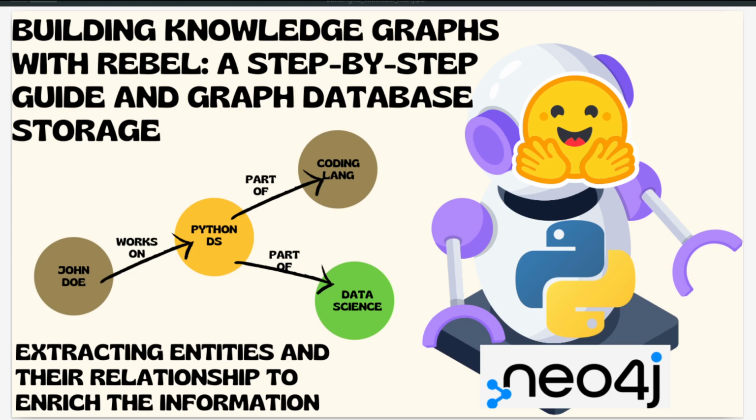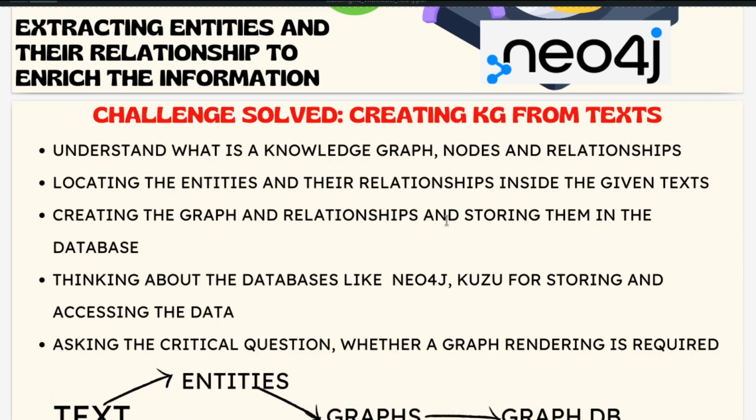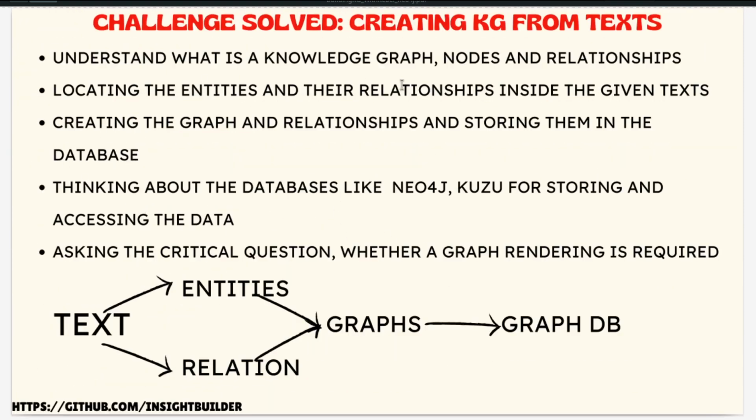Building knowledge graphs with Rebel, a step-by-step guide and a graph database storage process. Extracting entities and the relationship to enrich the information. We are going to build graphs like this in this particular discussion. And we are going to build these graphs from regular texts and then convert the text into entities and relationships,